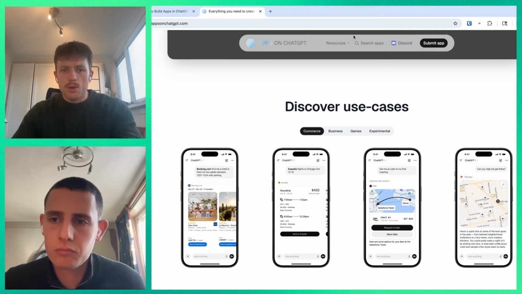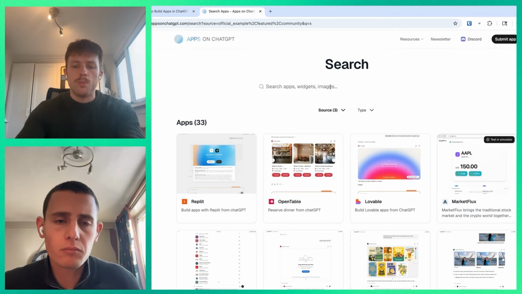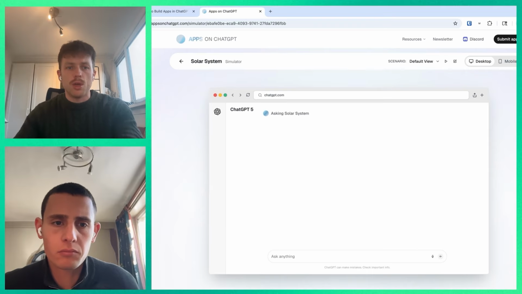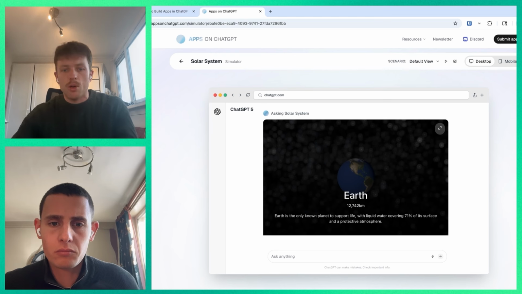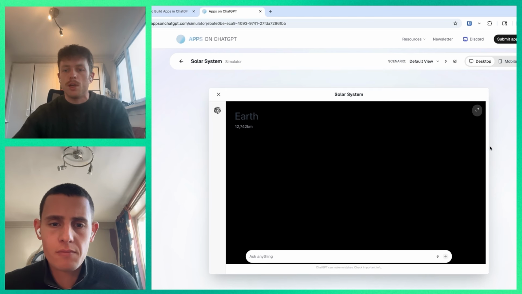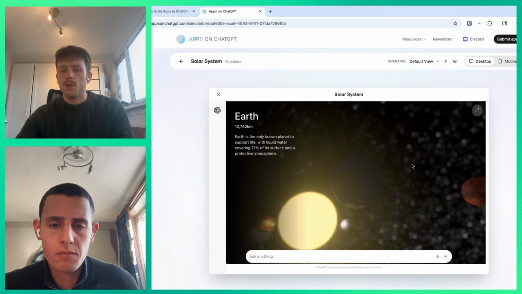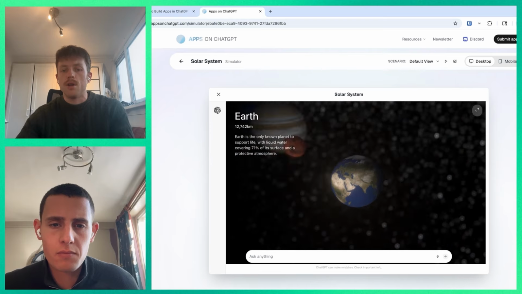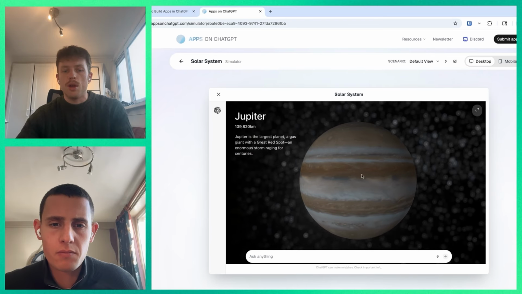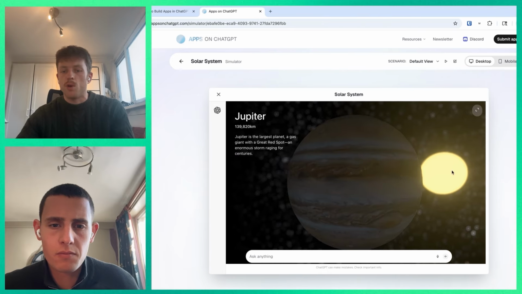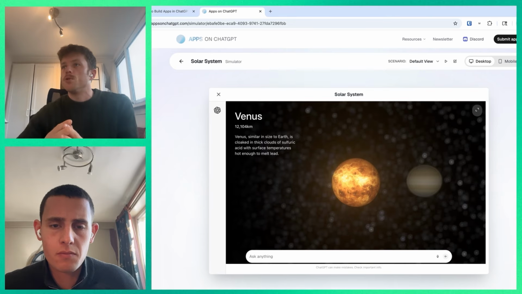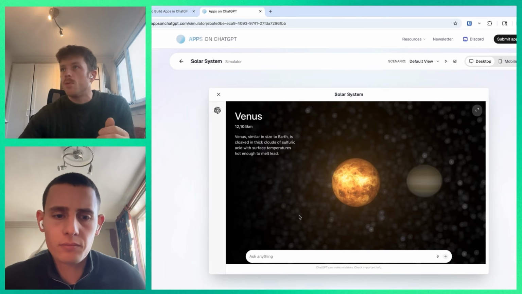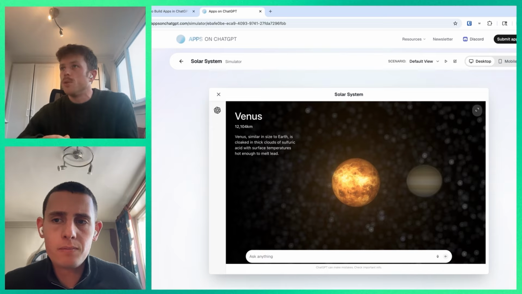And one thing my mind goes to in terms of cool experiences is one of the official examples OpenAI released right on day one, called Solar System, which goes full screen. It's a cool immersive experience. I can with my mouse drag and click. I can go here and then it goes to Jupiter. I can explore around. There is Venus. And the cool thing about this full screen UI is that you can see the chat bar stays visible. So I think this opens up a lot of cool opportunities, especially when you combine this